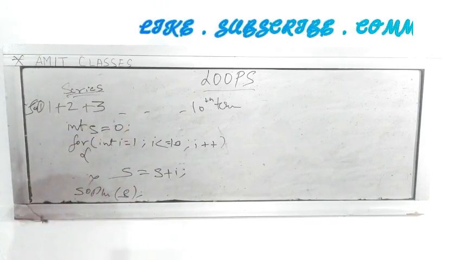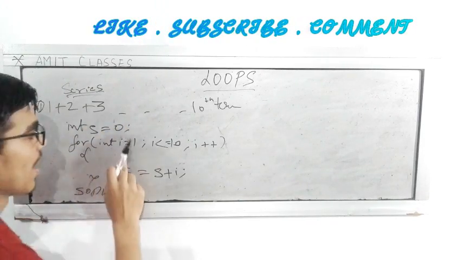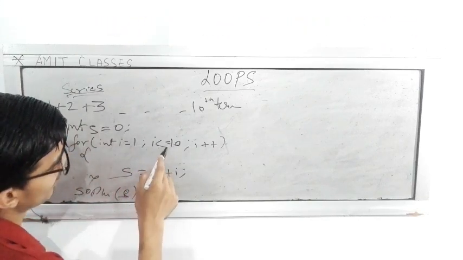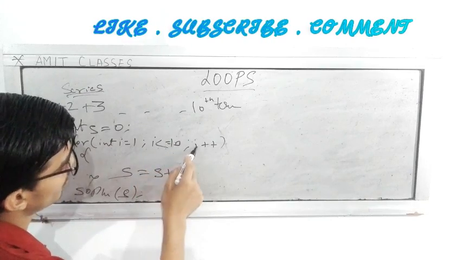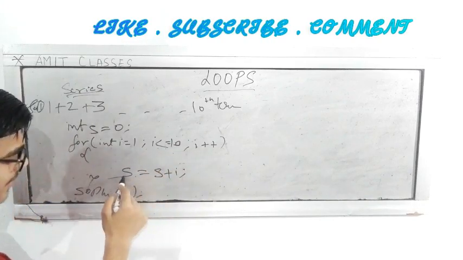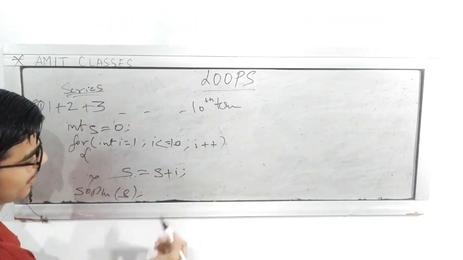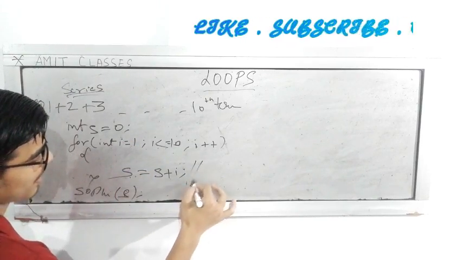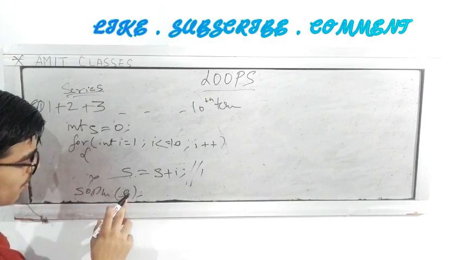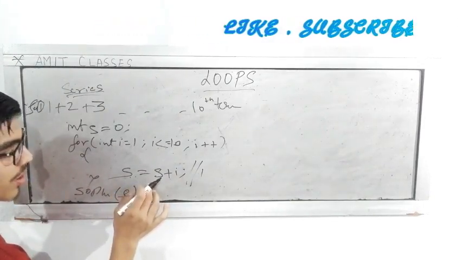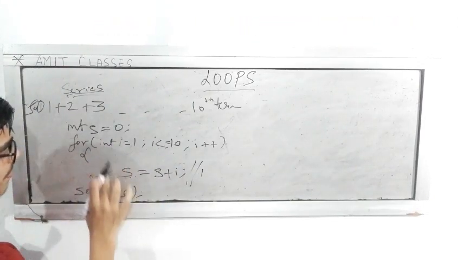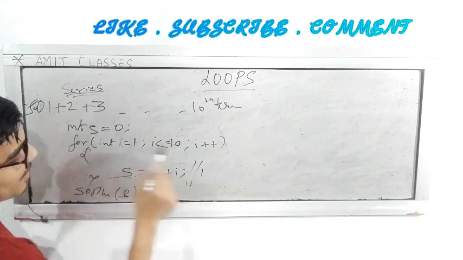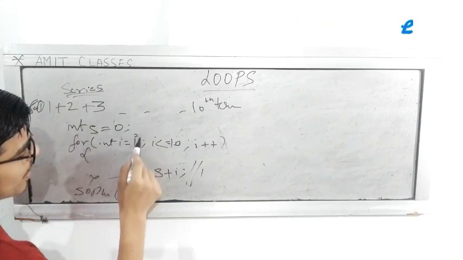Now we have taken s is equal to 0. Here i we declared as 1. Here the condition is less than or equal to 10. So yes, then it will come inside this. s is equal to s plus i. s is 0, then the first time it will become 1. But it will not go outside this loop. So this loop will be executing again and again. So i value will be plus plus and it will become 2.